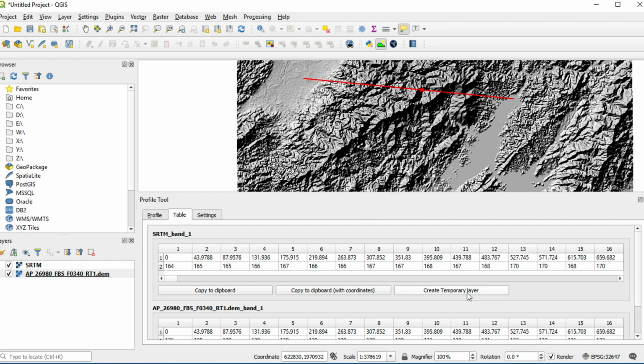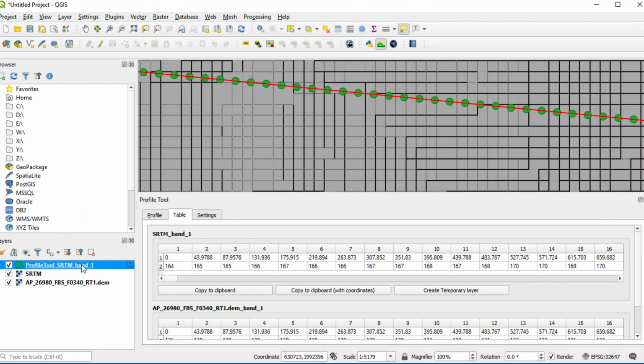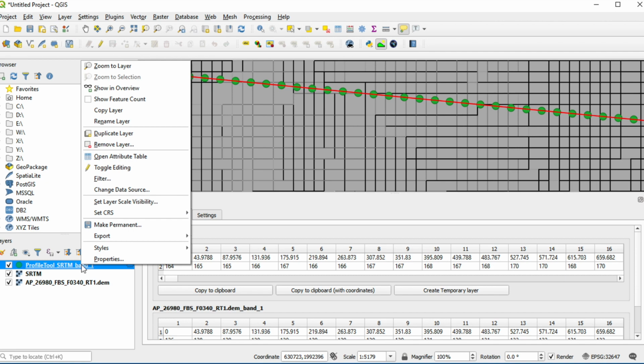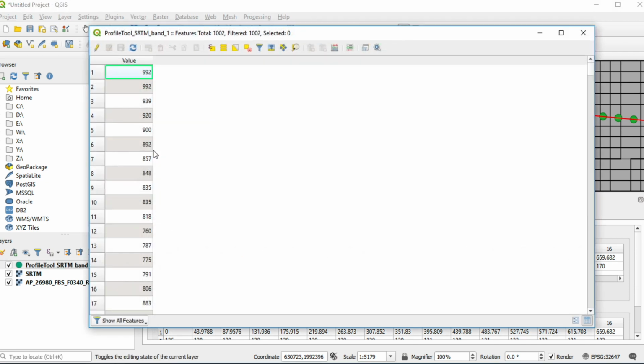You can create a temporary layer from the red polyline in vector format by clicking this button. Now I will show you the attribute table. Each row in the attribute table has a height value.